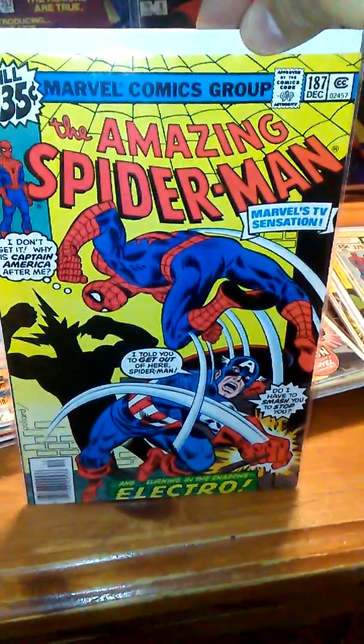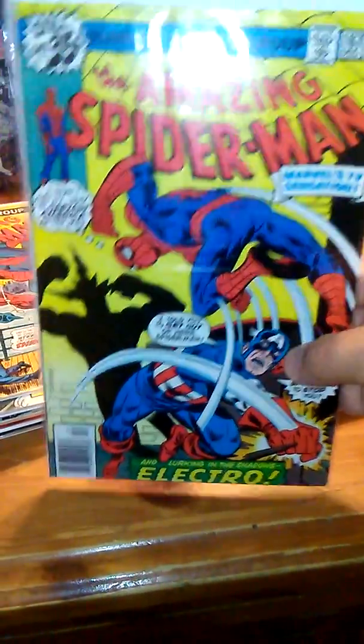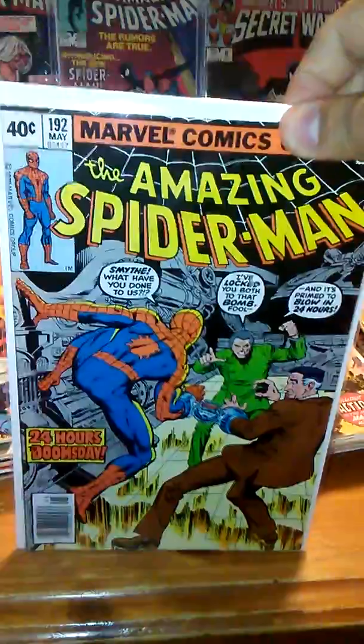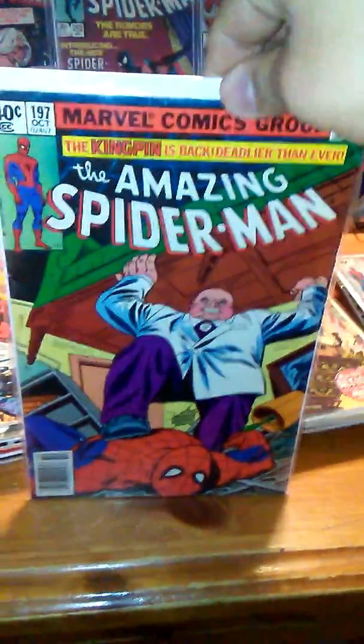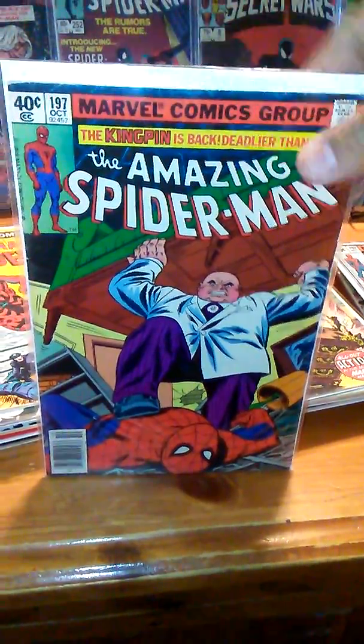This is one of my personal favorites, Spidey 187, featuring Captain America and Electro. I've always felt Captain, more often than not, has a problem with Spidey. I don't know why. Then we got Spidey 192. Cool little cover of Jameson. Oh, I'm sorry, that's not Jameson. That looks like Jameson. Then we get Spidey 197. Kingpin Spidey rivalry. And to round it out,